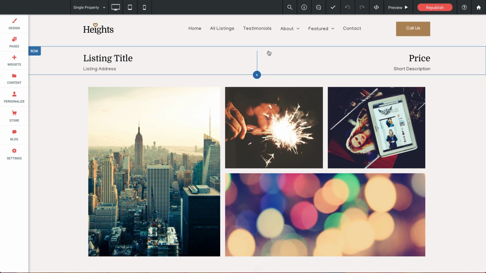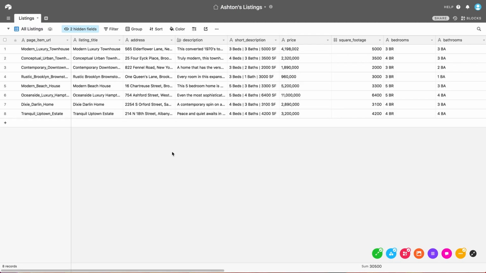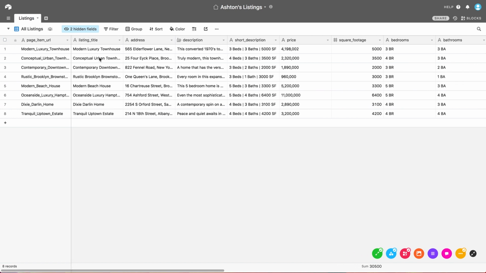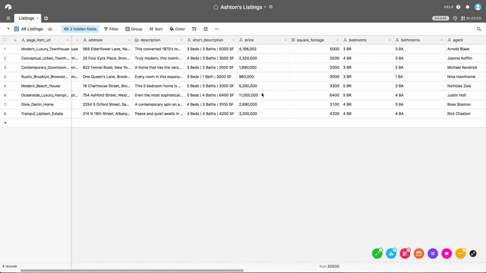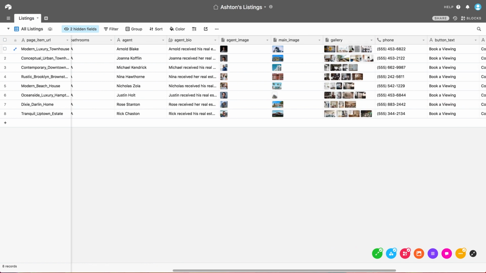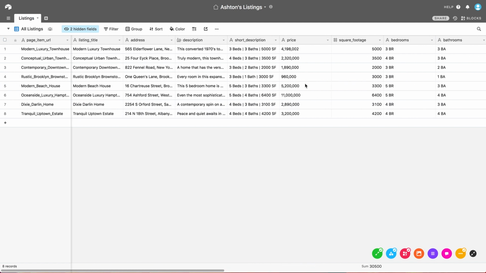I'm going to jump over to a spreadsheet that we've created here on Airtable. As I mentioned earlier, collections and dynamic pages can also be set up with Google Sheets or any database that contains your spreadsheet of information for use in the site. I'm just using Airtable as an example here, but it does have some cool additional features, most notably the ability to add galleries of multiple images in a single cell, which in the case of our property listings page is important to have. As you can see, we have a spreadsheet here with 8 property listings,